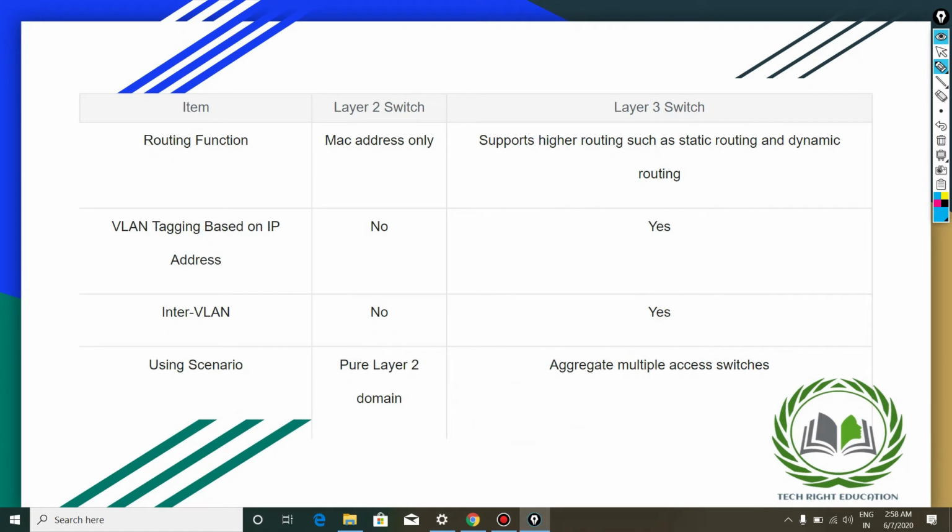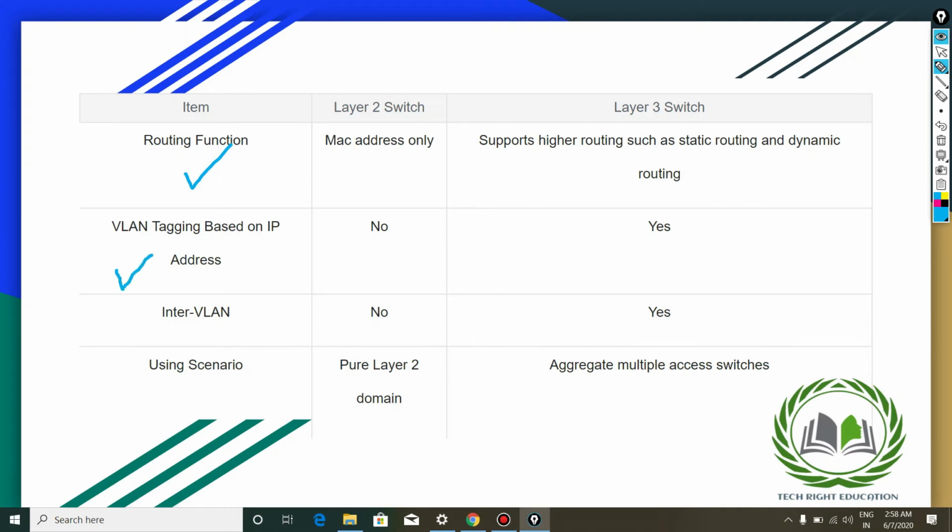Now in this slide we will understand the difference between layer 2 and layer 3 switches. The first one is routing function. Layer 2 doesn't support routing function because it only deals with MAC addresses. Layer 3 supports routing function because it is a combination of layer 2 switches and routers. The second is VLAN tagging.